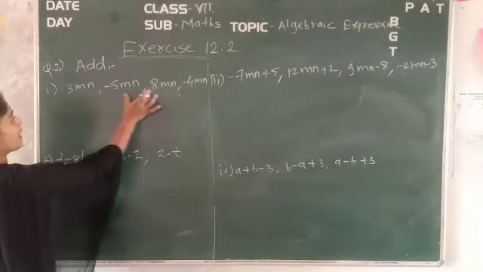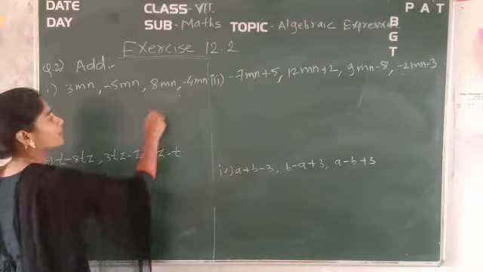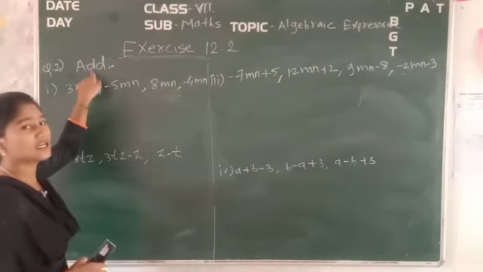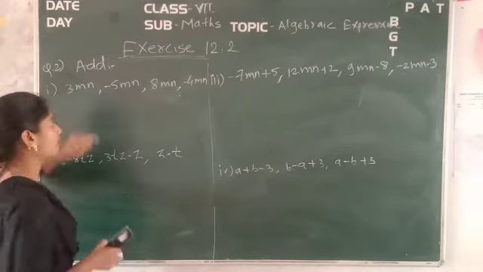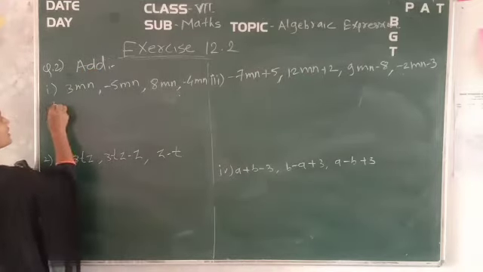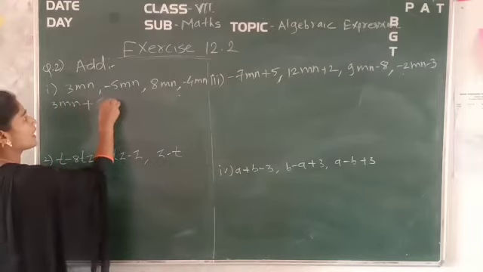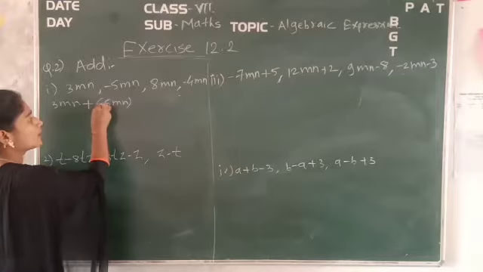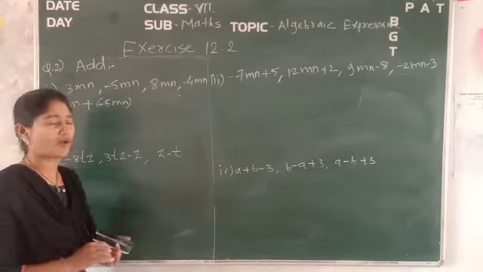Now see, the first example is going like that. In place of the comma, what do you have to put? You have to put the addition sign. Okay, the sign of addition, that is called the plus sign. Okay, so just write it down. That is 3mn plus minus 5mn. Keep it in a bracket. If the opposite sign is there, you have to keep it in a bracket. After that, we will solve the bracket. Okay, that is not a problem.